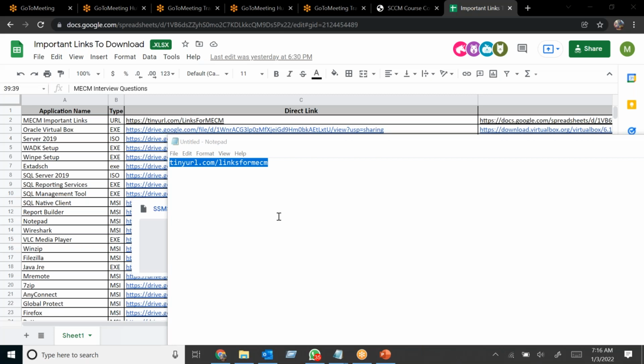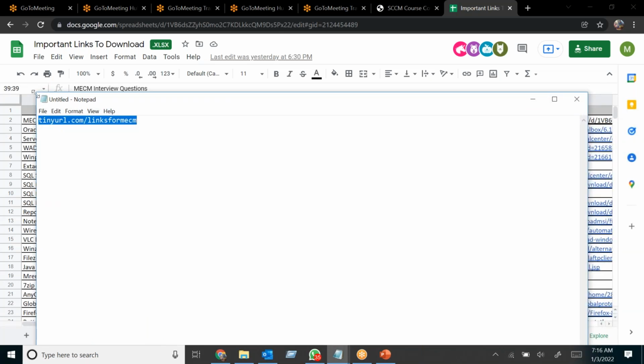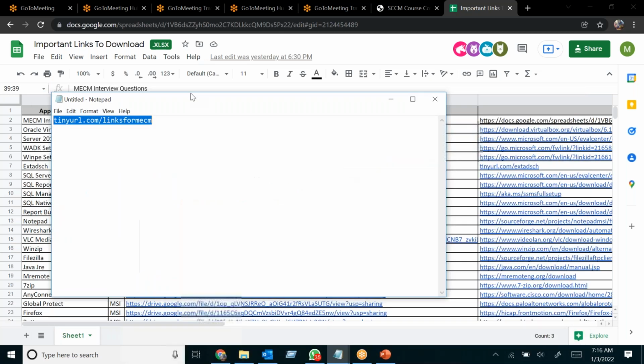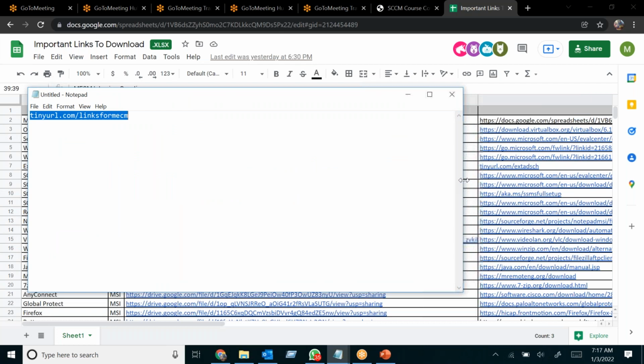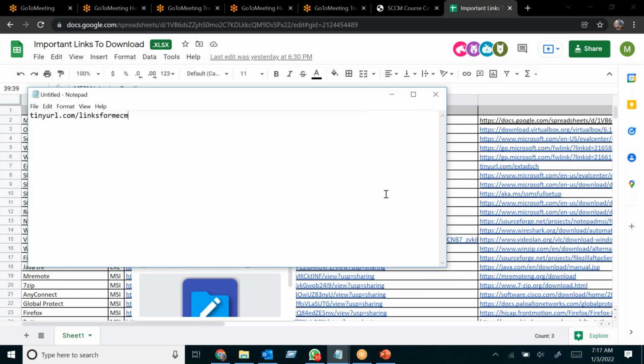One question: in OSD, will you also cover MDT, I mean the customization of tasks and other stuff? Customization of the task sequence we'll do from SCCM itself. MDT is a different tool altogether, so I'm not covering MDT, because in 1 month, covering different topics apart from SCCM will be very difficult. This is completely on SCCM.